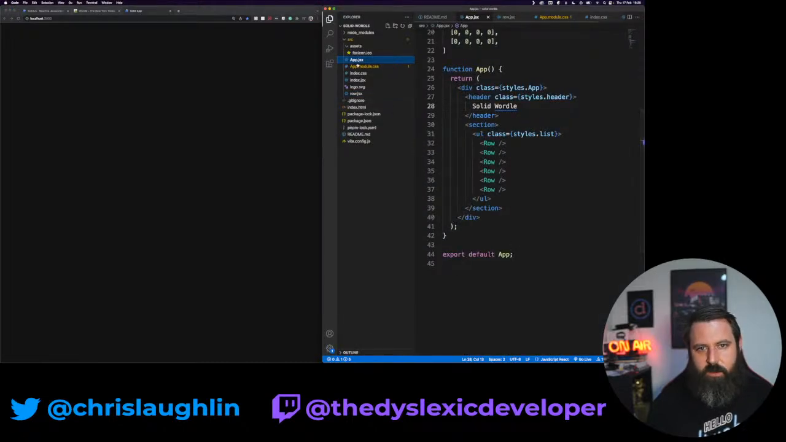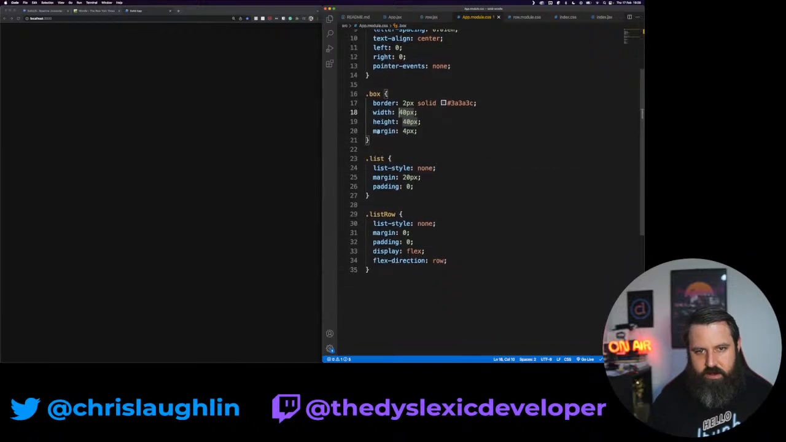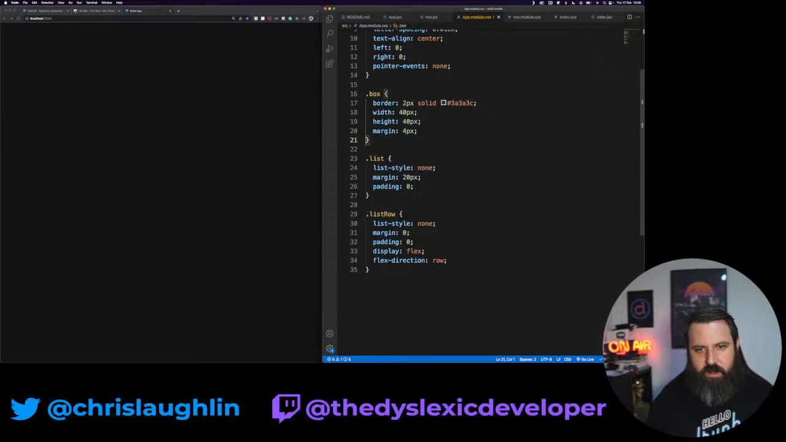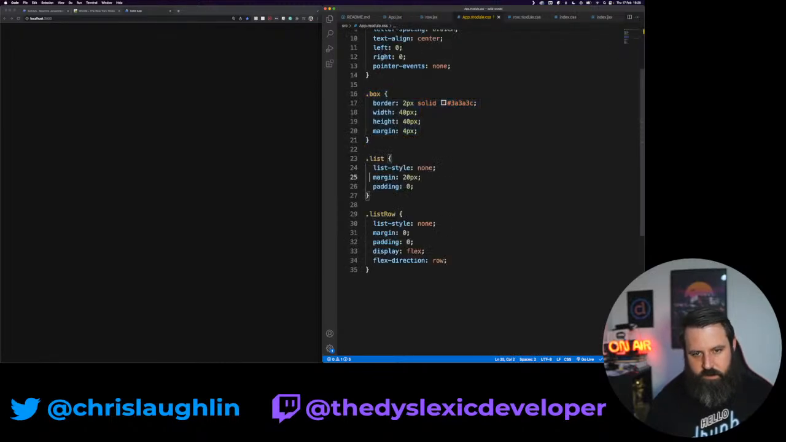So we have our app module CSS. Let's create a row.module.css and grab our styles that we had in here. So we care about the box. Do we care about the list in our row component? Styles.list row and box. So we need list or need box and list row. So we'll grab these,